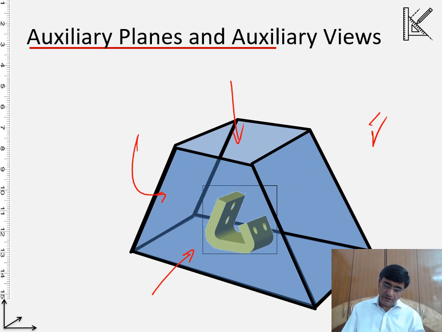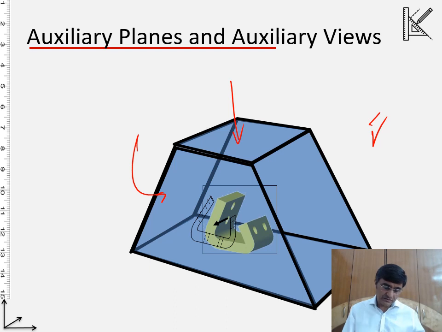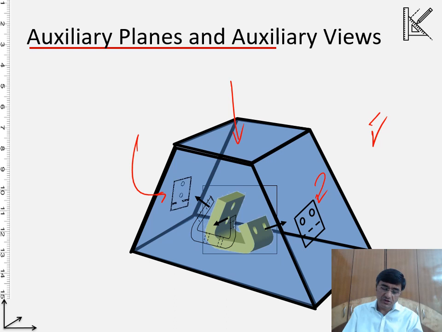So if you do it, that is how the projections are. I'm just making those projections. So this projection is the auxiliary view. Similarly here also, this is an auxiliary view. So both of these, here and here, are coming as normal views, the views with right shape and size.